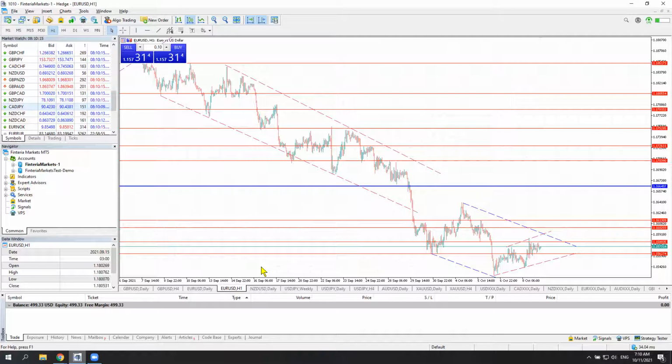Let me draw a few scenarios. So the question, of course, is if we're going to see the US dollar rally this week, and if we're going to have a weak euro this week, because we have seen this last week, and probably those tendencies may continue. So let me draw a few potential scenarios. First of all, I would like to draw the key levels for today's session. One sec.